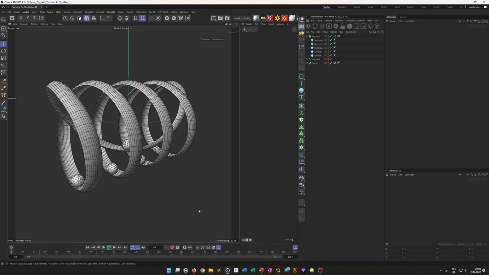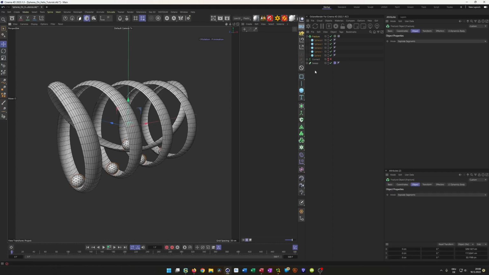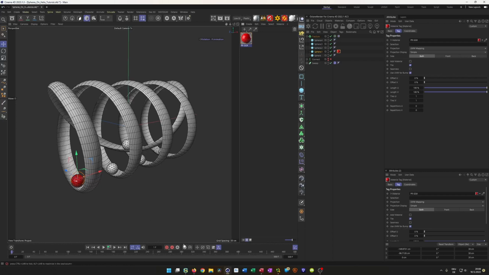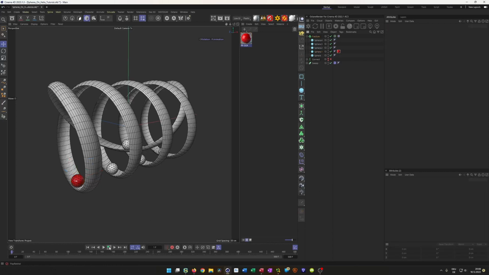And yeah, to prove this, you see, we have this sphere here now. This should be this one here. Yep. This looks like this here because we have the initial state set to here. The original state would be here for the spheres. That's the reason you see this orange ring here. Let's make a simple material just to show if it's okay. So bring this in there. So we have the red sphere here, and if you play this,